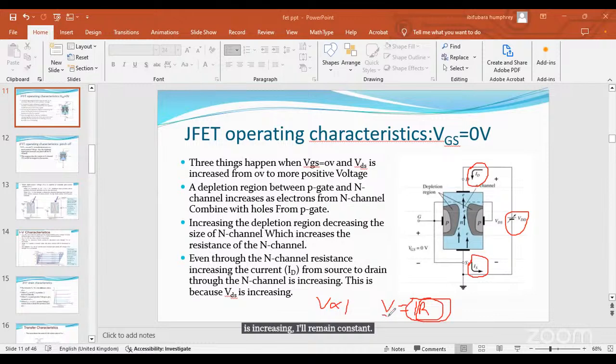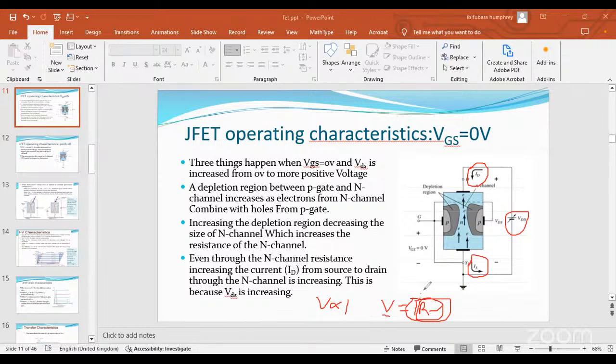If V is increasing and R is increasing, I cannot also increase. I must remain constant for R to increase. I hope someone is getting what I'm trying to explain. So, as we increase it to a level, once R starts increasing,